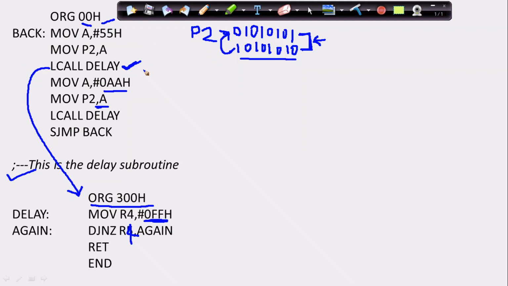So this program is toggling every time. Okay, so the bits of port number 2 will be toggled after some delay.